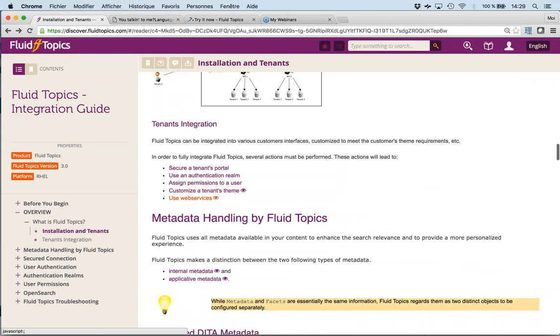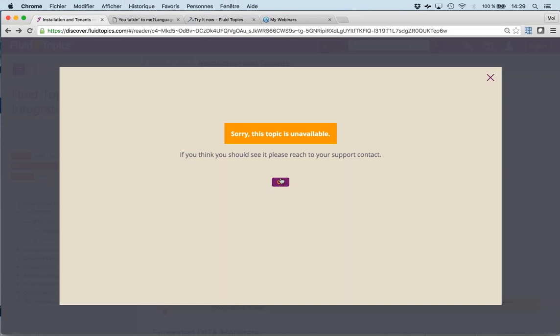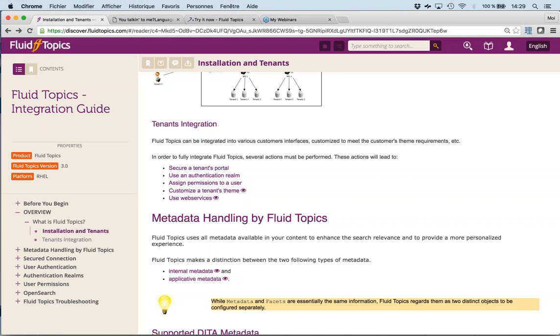So as you've seen here, I had two links that are not resolved, and we resolve them on the fly. It's just because they are pointing to books that do not exist in discoverfluidtopics.com. That was one of the problems of implementing cross-guide links properly, that you may have links pointing to documents that do not exist in Fluid Topics, or not yet because you haven't uploaded them, or maybe not in the right version and so forth. So we resolve that dynamically. You see there's no 404 error. We just tell you applicatively that this content has not been loaded to Fluid Topics.